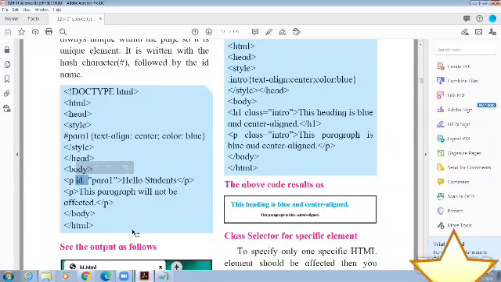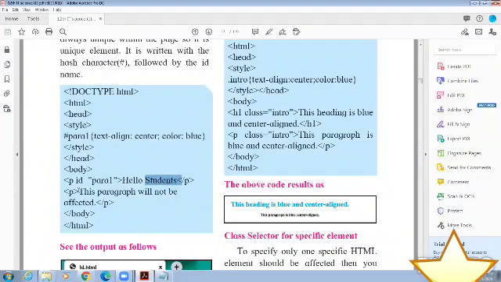I want to apply the style to a specific element, so use hash and create one name, for example para1. This para1 can be accessed by using this ID. So use the tag, and after that use the id attribute equal to the name, here para1. So para1 contains what? The text alignment center and color blue. So hello students displays with text align center and color blue.